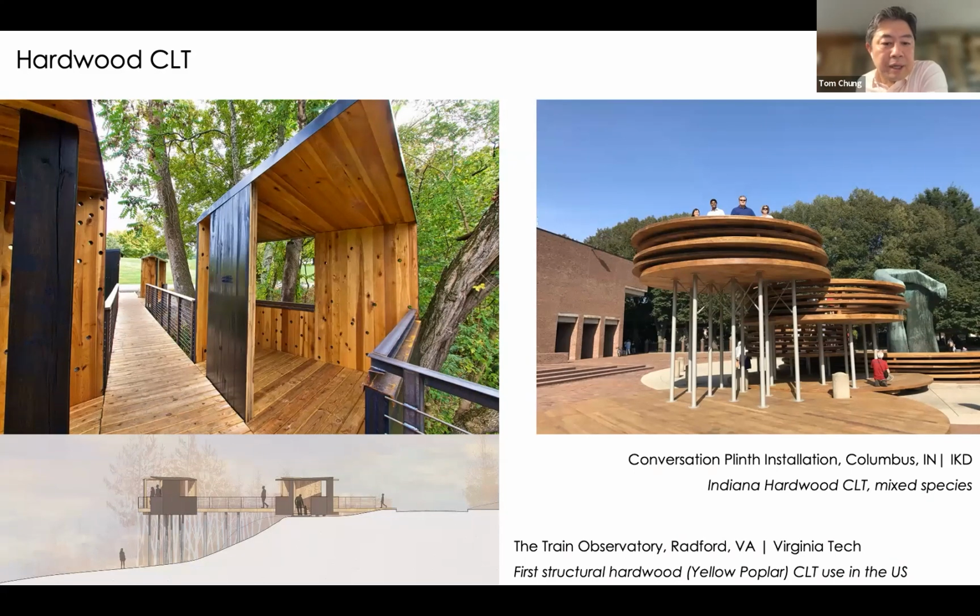to be built. A conservation plinth in Columbus, Indiana, used Indiana hardwood for its CLT, a mixed variety. As well as most recently a train observatory in the Forest Preserve in Radford, Virginia, a combination of projects done by Virginia Tech professors in their research, which was the first structurally accepted hardwood that went through all of the testing that the CLT needs in terms of the North American production of meeting the PRG 320, using yellow poplar and having that accepted